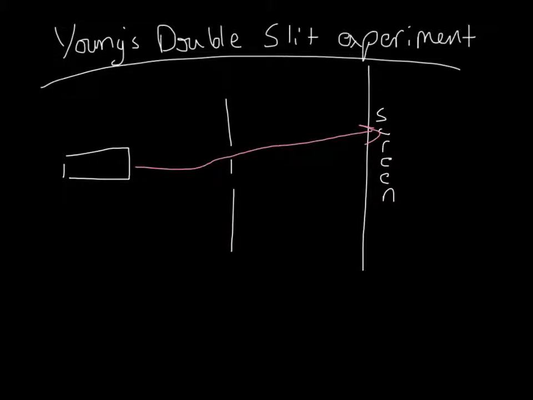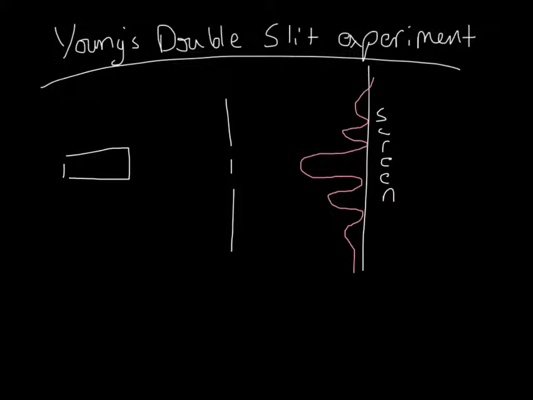And he started to get this distribution. This distribution here represents the number of photons, or the amount of light you could see on the screen at different intervals. The distance from the screen indicates the intensity. So at this point here in the middle, it would be really, really bright and very visible. Out here, it would not be as visible. Also, in the dips, Young noticed that there was a dark spot. You couldn't see anything. This is called a diffraction pattern.